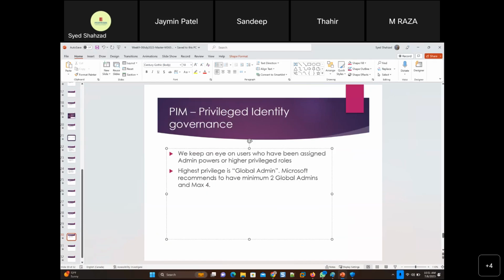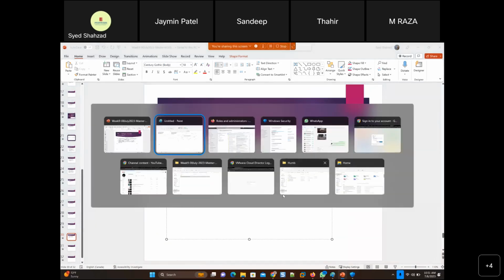So there are two global admins from there, so we have five total, which is not a very good idea. Anyway, those guys take care of their environment. We take care of our environment. Okay, so Microsoft recommends minimum two global admins, max four, but minimum and max is two actually. What Microsoft says is, don't make more global admins. Okay, that's going to be an issue.